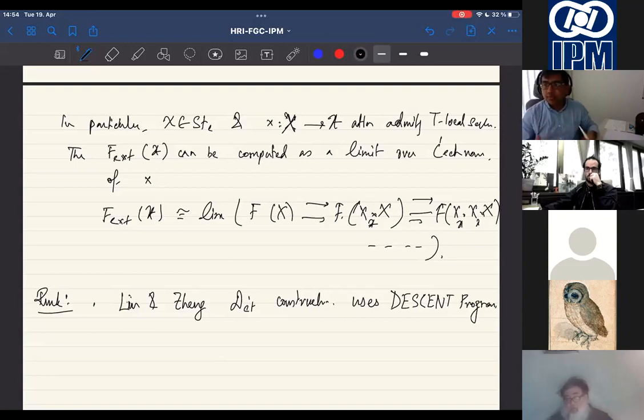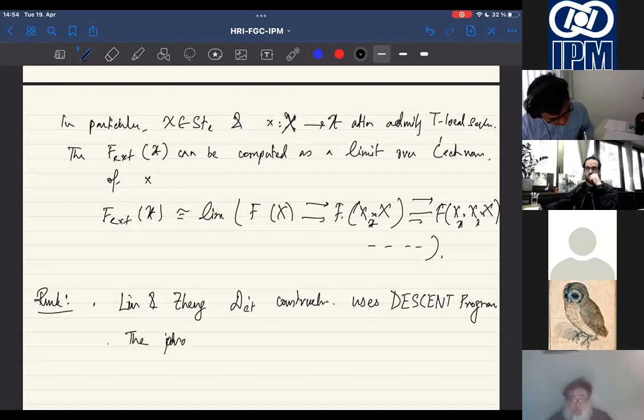It's an algorithm where you input some data, like some functors, and you get some data out, like an extension of those functors. This is the way they extend the derived category functors. The statement here is a special case of their statement in the descent program, but